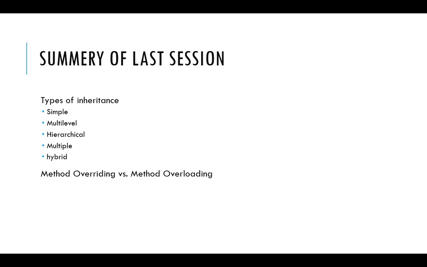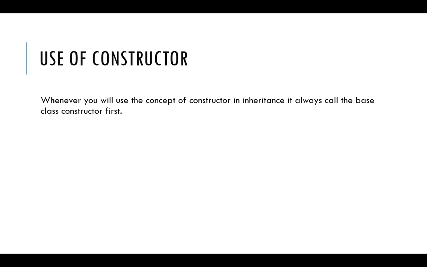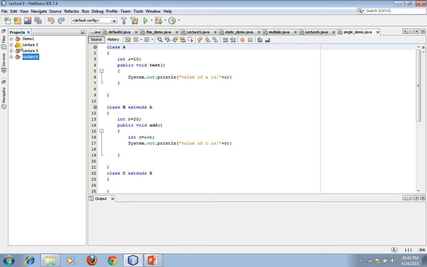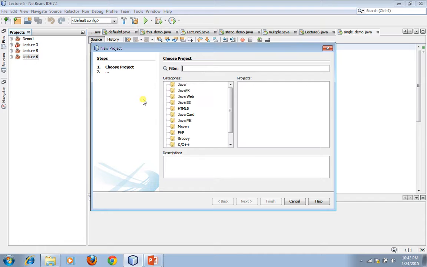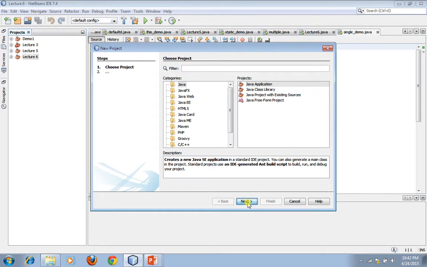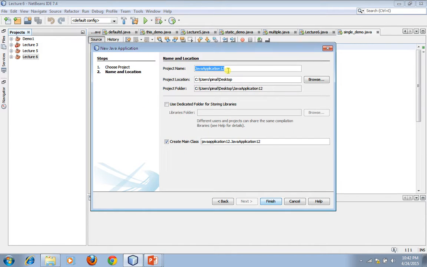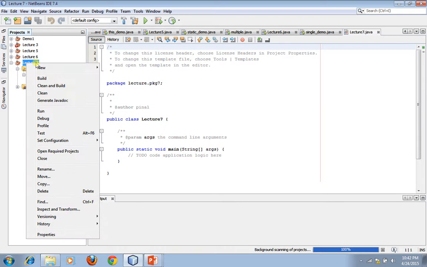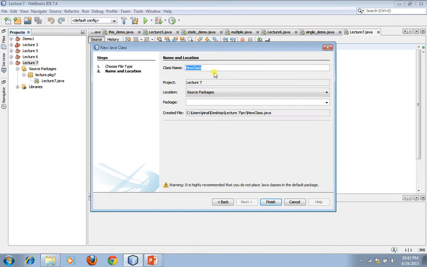We'll start this session. Okay, how to use the concept of constructor with inheritance. To explain this concept, we'll start a practical in NetBeans. So open NetBeans. Okay, new project, Java application, next. I will give the name lecture 7, finish. And in this lecture right click, new Java class,